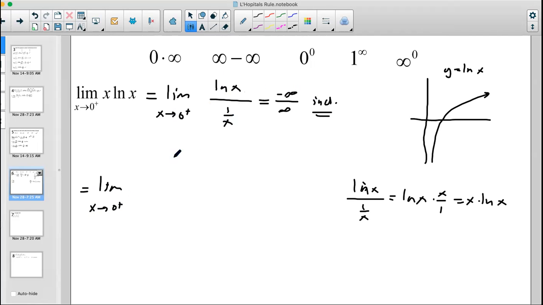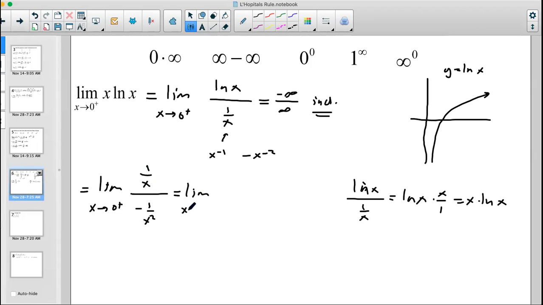The derivative of the top is 1 over x. The derivative of the bottom is negative 1 over x squared. You could think about this bottom here as being x to the negative 1. Derivative of that is negative x to the negative 2, which is negative 1 over x squared. And now I can simplify this fraction a bit. I can multiply